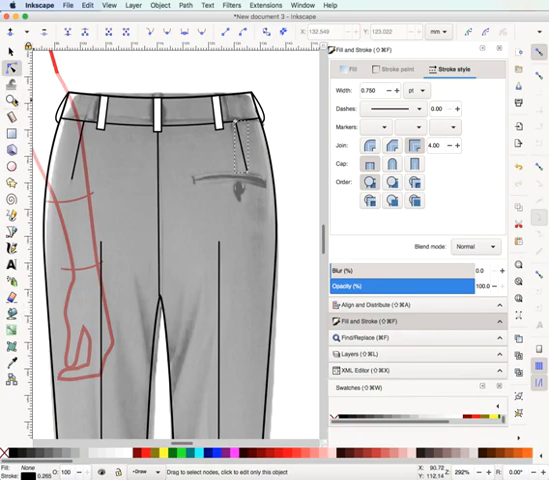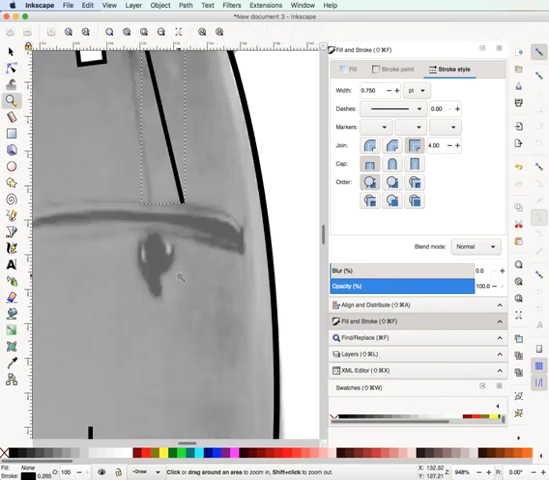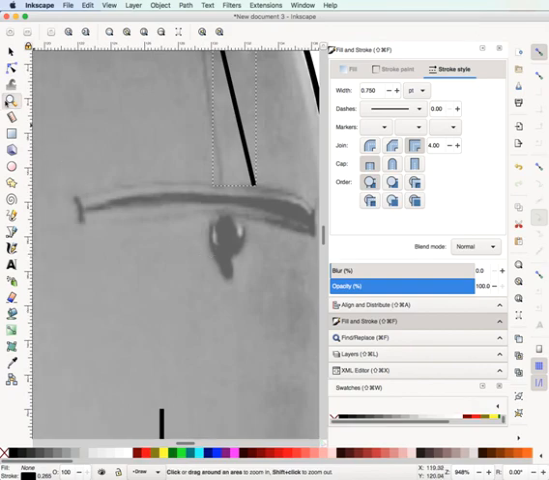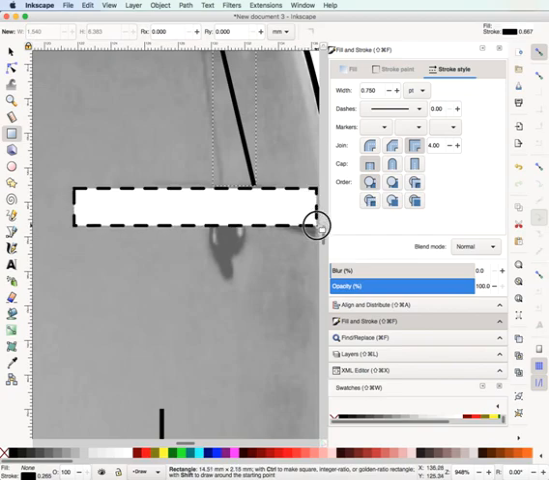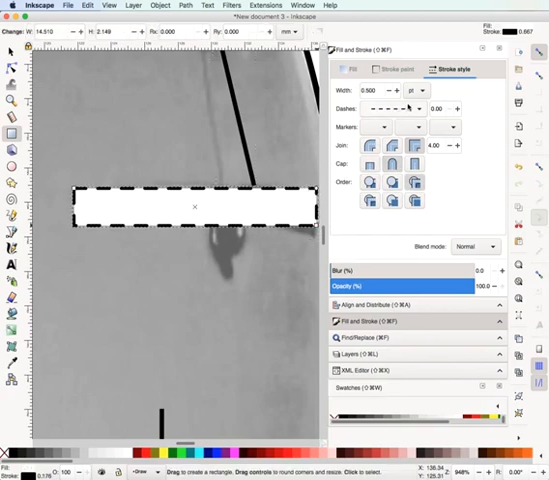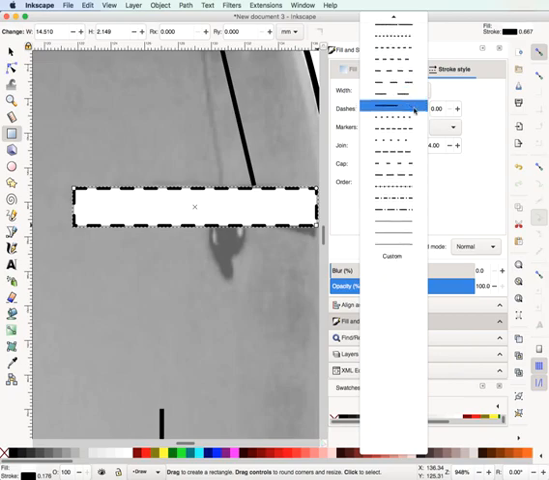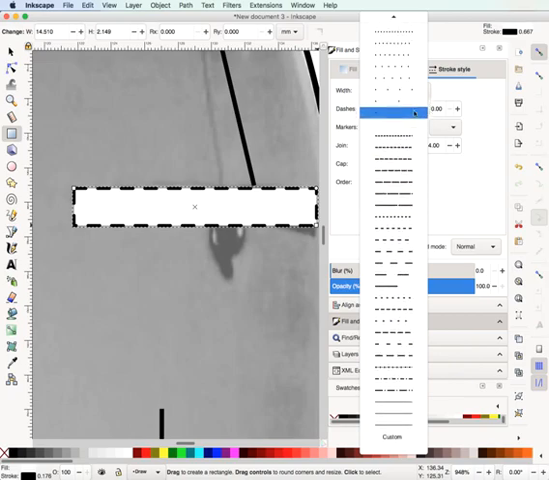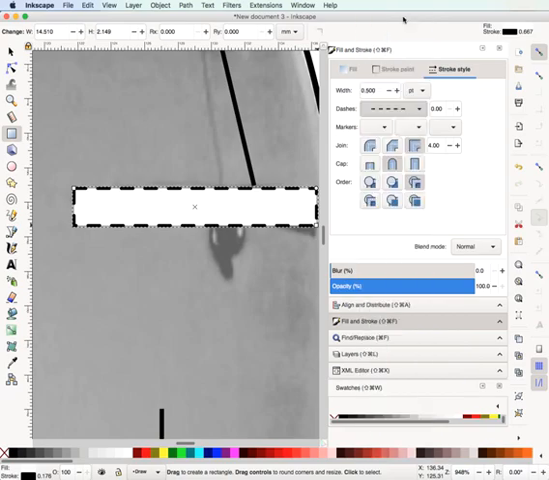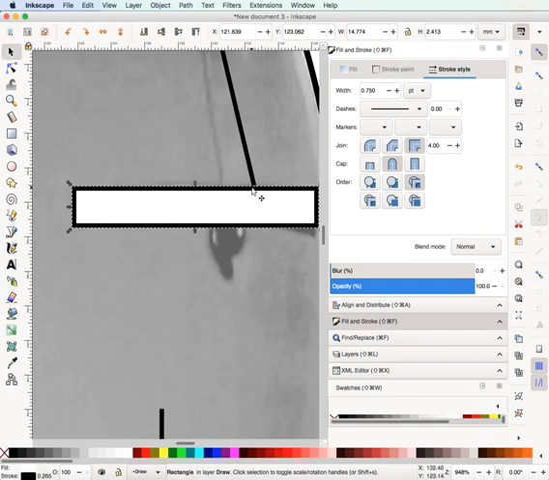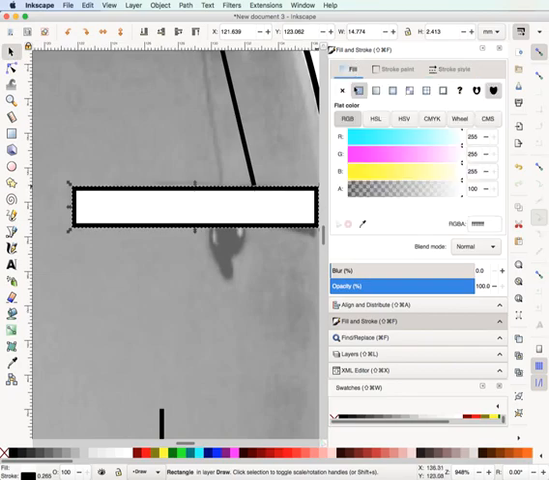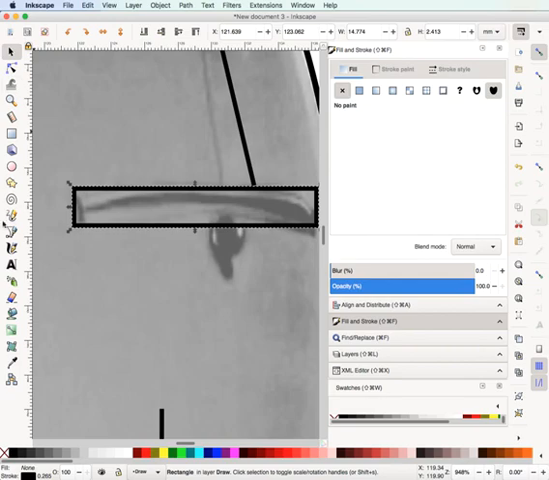Now we're going to draw a pocket, zoom in on the pocket area, and we need a rectangle. So click and drag out a rectangle, and we don't want a dotted rectangle, so we need to come back to our dashes, zoom back up to the top and choose the normal one, and we want this to be 0.750. Okay, we don't want a white fill, so we'll click on fill, choose nothing,